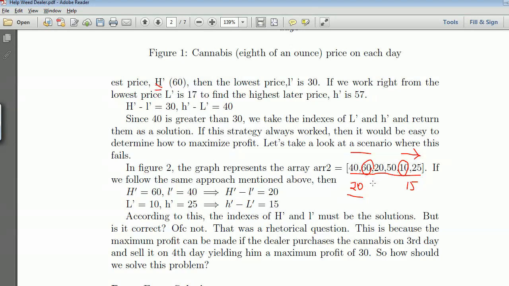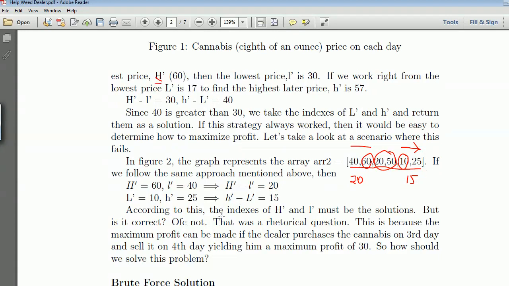But is this correct? No, because the solution lies here, right? Because the difference between 20 and 50 is 30, so the dealer must buy on day 3 and sell it on day 4. So the above mentioned solution will not work. Okay,